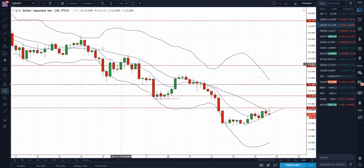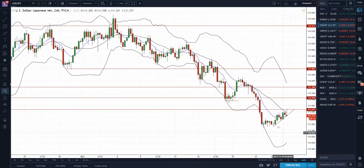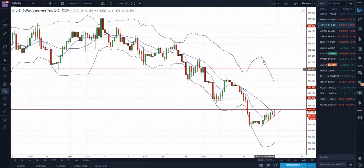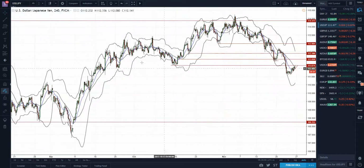Every time mid prices touch mid band, it has found resistance. All right, so low buying strength, nice trend line possibly going to get broken. Steep upper band showing resistance. So that's definitely something that I will be watching in terms of USD JPY. Targets,